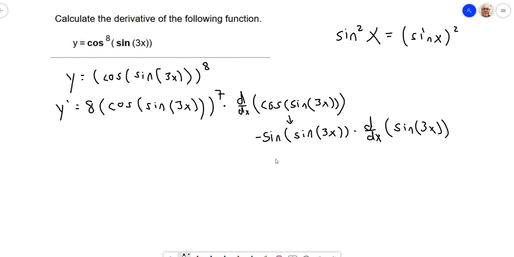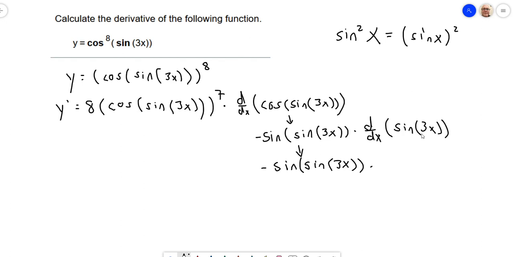All right, and once again, I'm going to keep working just on this part here. So that is going to be negative sine of the sine of 3x